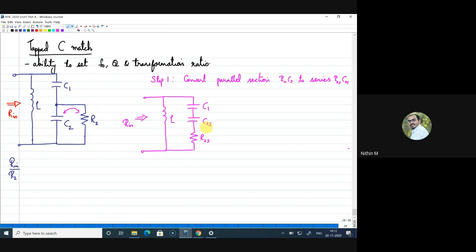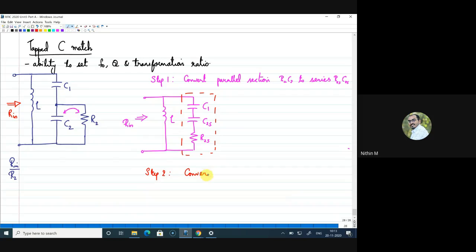And that can be transformed. Now if I look at this section, this branch, I have an equivalent capacitance. So C1 and C2s are in series, so I'll have that equivalent and a resistance, which again forms a series RC section. So my step 2 will be